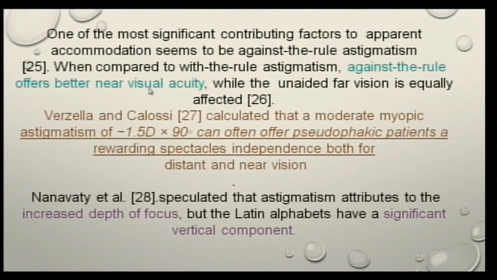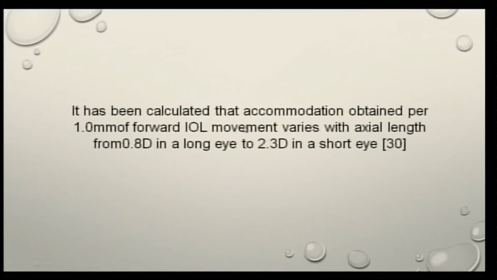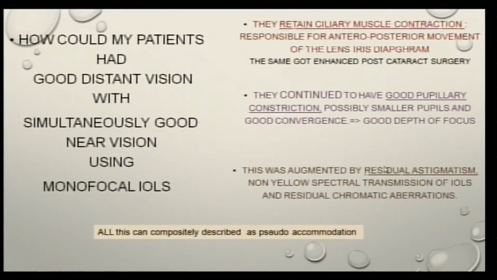Against-the-rule astigmatism offers better near visual acuity, and if there is minus 1.5 diopter of astigmatism, it shows better pseudo-accommodation. A more important thing that we saw is that the ciliary body muscles retain the ability to contract even after presbyopic age, and this contractility increases after cataract surgery. So it has been calculated that this phenomenon works more